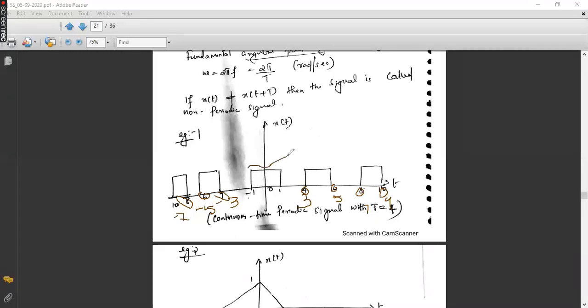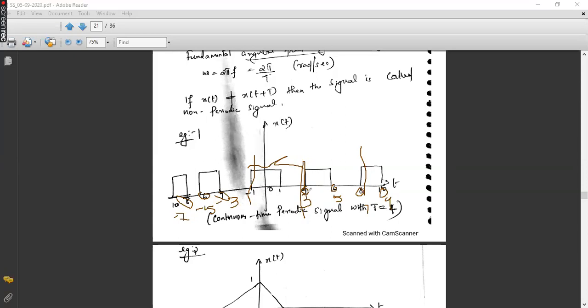Once you focus on this -1 to 3, you will have a positive half cycle here. You will have a negative half cycle here. Means the signal ends at this point of time. Clear? The signal starts from -1 and ends at 3. But at 3, again the signal is starting and ends at 7. So these two half cycles constitute one period. Similarly, after each and every 4 seconds, the signal is repeating. So it is called a periodic signal. This is a good example of a periodic signal.